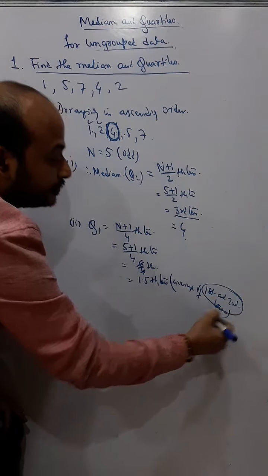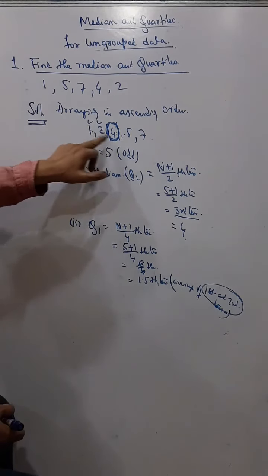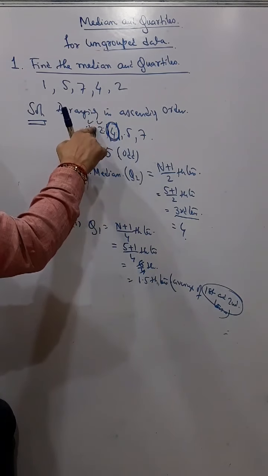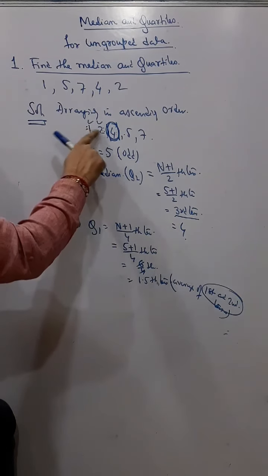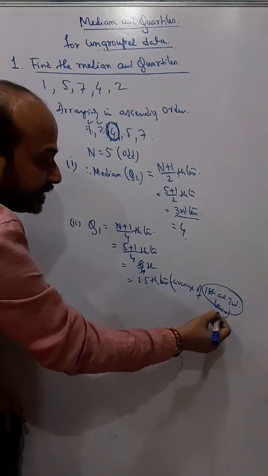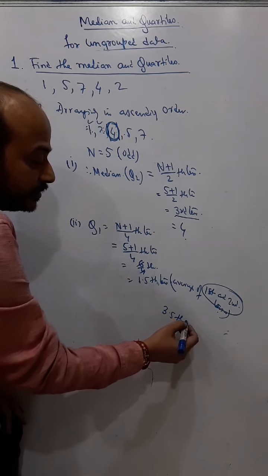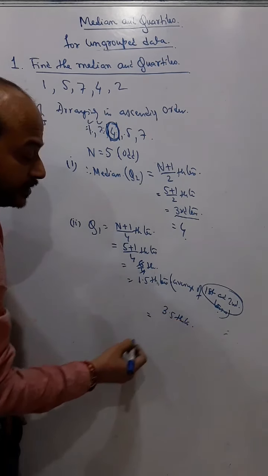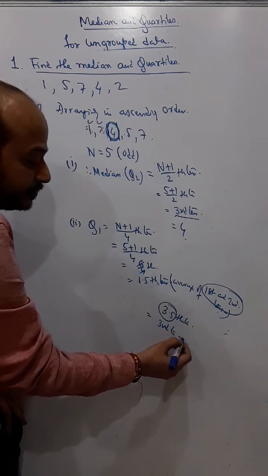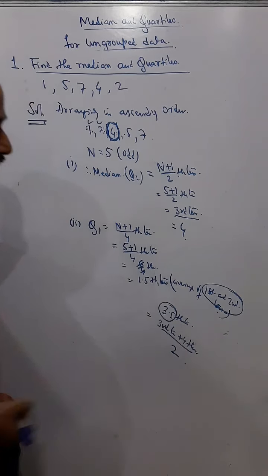Second term. Because you can understand, you see here 1 and 2 means between first and second. So what we'll do, we'll get the average of these two. Now 1.5 term means first and second term average. Now if I get 3.5 term, now 3.5 term means that will be third term plus fourth term and divide by 2.